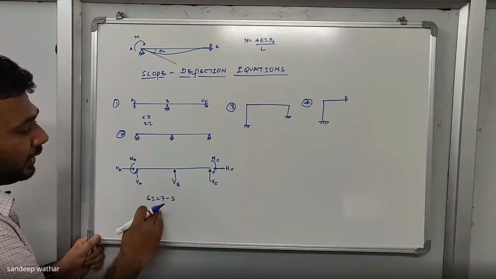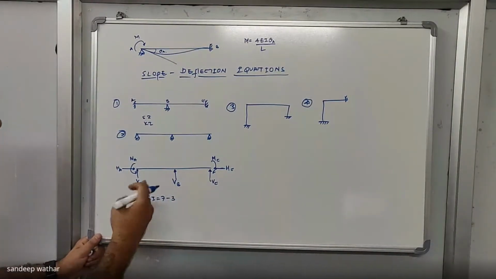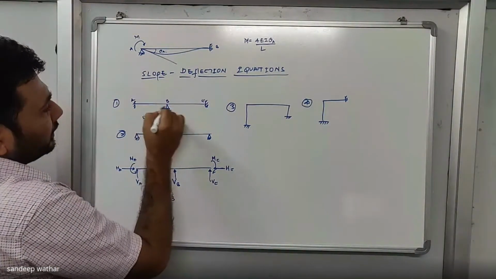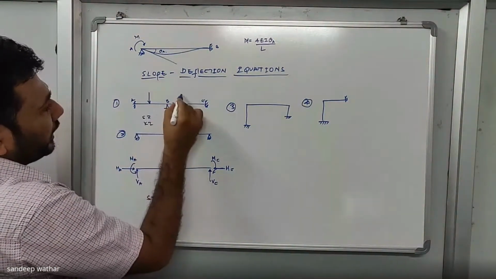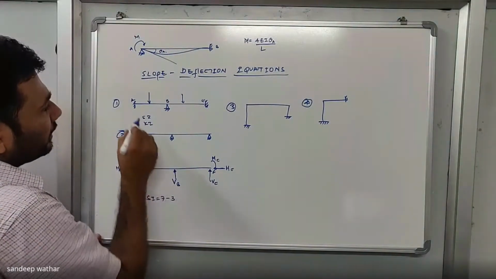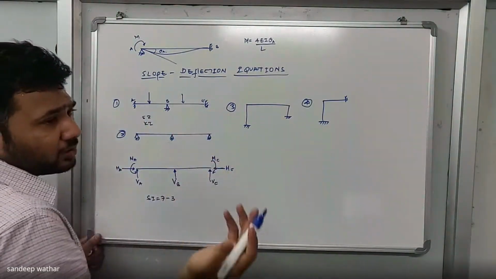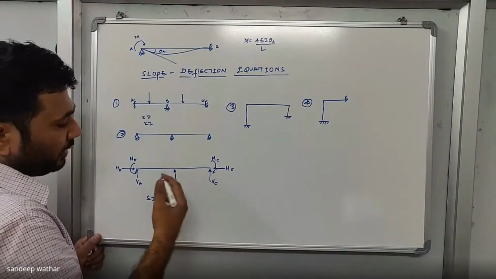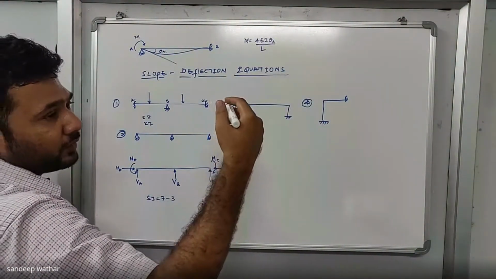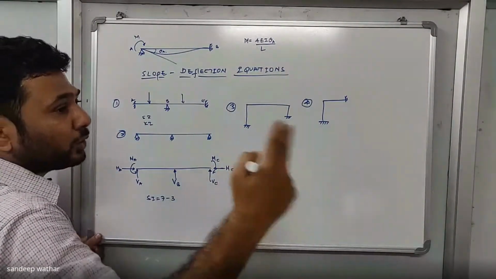Here I consider all the 3 equilibrium equations. Now I will tell you why I have considered all the 3 equilibrium equations. Now see, if this structure is subjected to only vertical loading, then there is no way we can have a horizontal reaction. The horizontal reactions will be equal to zero. So immediately sigma H will be equal to zero, and that equilibrium equation will also get eliminated. So in that case, we'll be considering only two equilibrium equations.